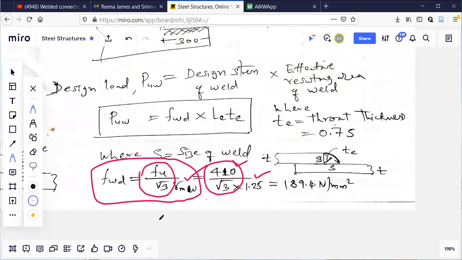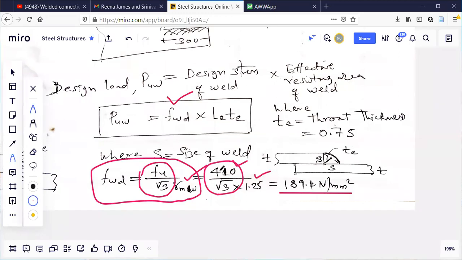So finally I got a value of 189.4. What is this? This is FWD. FWD is equal to 189.4. If you remember this one, it is simply Fu by root 3 into gamma, where Fu is the ultimate strength, 410. So how it is done, you observe here.